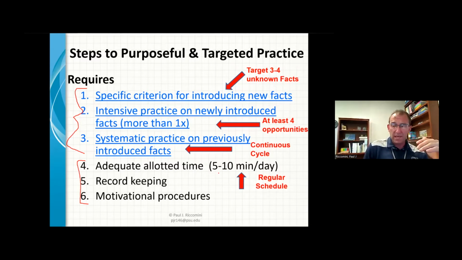As we're thinking about this, I've got my practice activity set up. I've picked 3 to 4 facts that are unknown, so not automatic. I've picked 3 or 4 that are automatic. I've mixed them together. I've got this plan. So now I want to actually do this with my students.